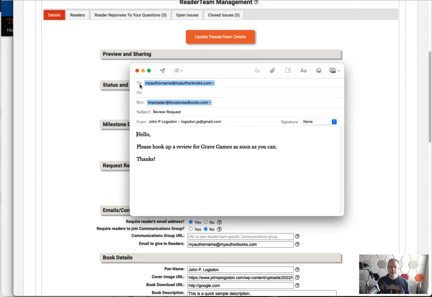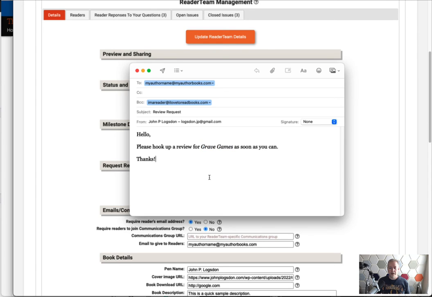Now what we see here is it's used my author name, which is the email that I give to readers, and it's blind carbon copied. We only have one reader right now in our test case, but it would blind carbon copy them all. It also puts a subject for us, and then it gives us this tiny little sample text. You can obviously alter this all you want. This is your email. We just wanted to put something in there for you, and it also includes the name of the book. So if you want to put quotes around that, or maybe italicize that,